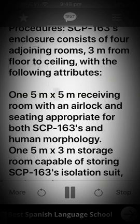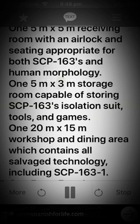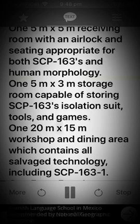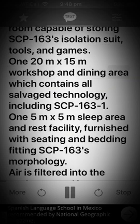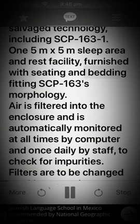1 5 meters x 5 meters receiving room with an airlock and seating appropriate for both SCP-163's and human morphology. 1 5 meters x 3 meters storage room capable of storing SCP-163's isolation suit, tools, and games. 1 20 meters x 15 meters workshop and dining area which contains all salvaged technology, including SCP-163-1. 1 5 meters x 5 meters sleep area and rest facility, furnished with seating and bedding fitting